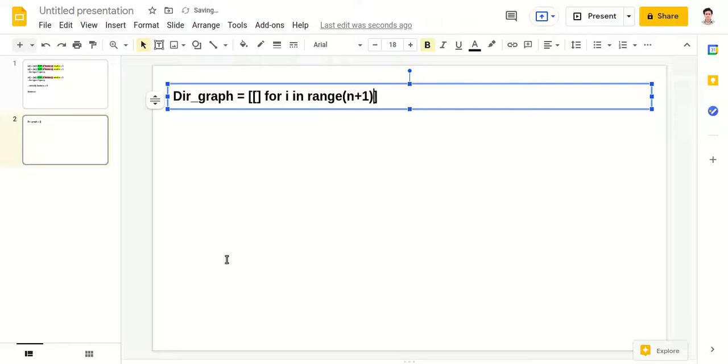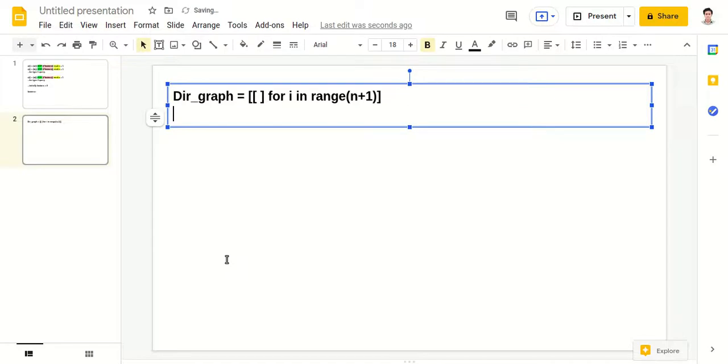So n plus 1 number of arrays will be created, so that 0, since it is 0 indexed, will remain empty, the array at index 0 will remain empty, and the rest arrays we will insert into.